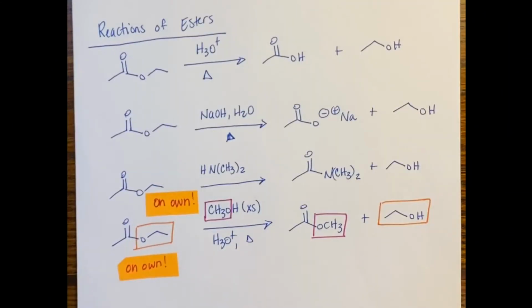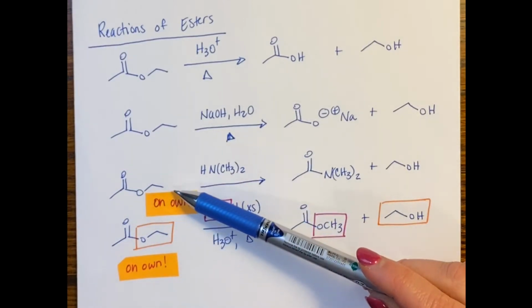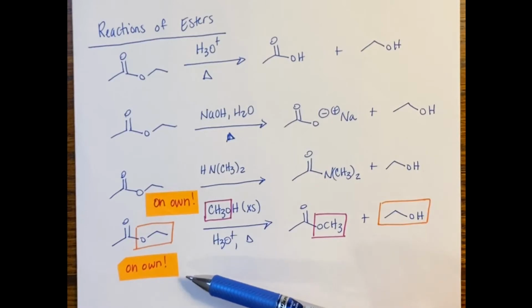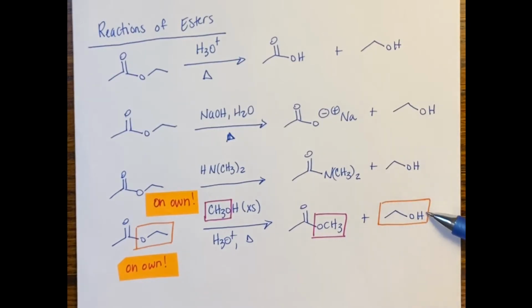At the end of the previous video, I asked you to work through the mechanism for the ester as it undergoes a reaction with the amine in order to form an amide, and the reaction of an ester as it undergoes a reaction with an alcohol in order to form a different ester through a transesterification reaction. This mechanism right here was assigned for homework, so you'll see the key for that one posted online after the homework assignment is due. I want to go through the reaction here of the ester and the amine in order